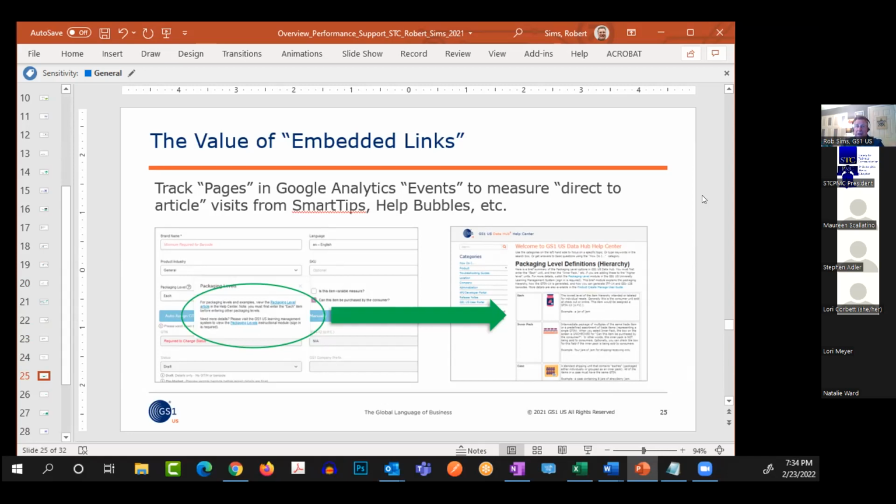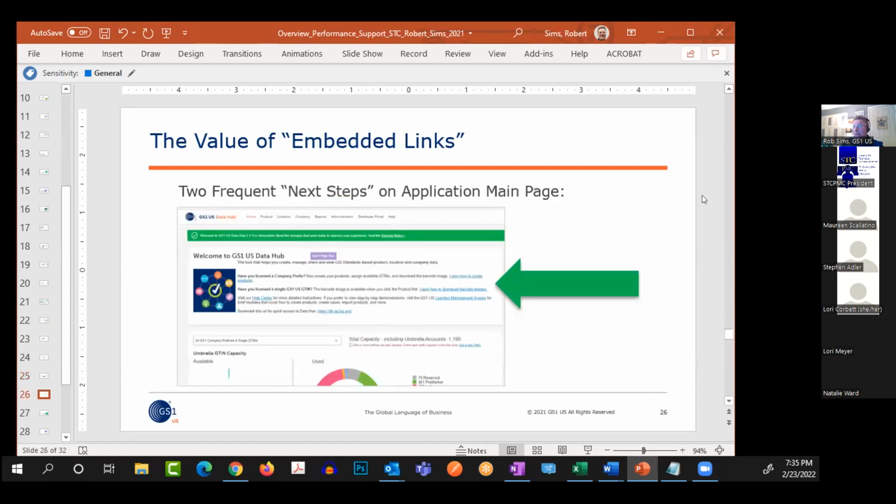I have blueberry and strawberry, and I need to mix those into a single case because that's how my retailer likes it. Well, that is a different type of case than a regular case. And so all those definitions are spelled out in this learning path that we provide. And it all starts with a single help bubble and a link in that help bubble. So it's really forced me to be very concise and then drive them out to a learning path where they get more.